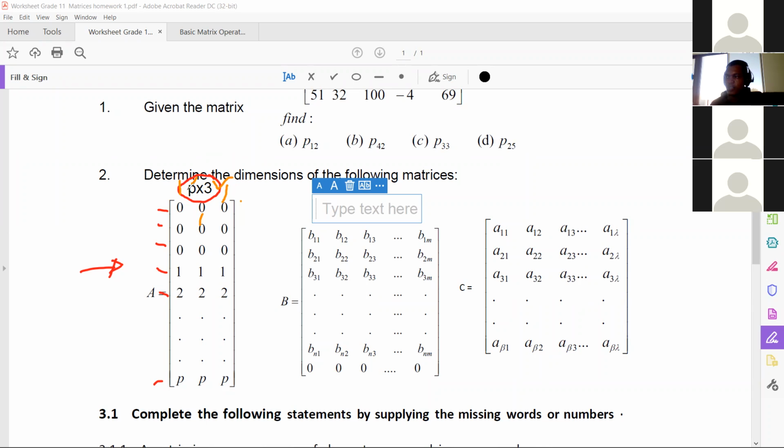In that case, we can now say it is P rows times 3 columns, okay? So the rows continue until P, that's why we have a P. By the 3 columns, we can clearly see there's only 3 columns. And I think Ray J has